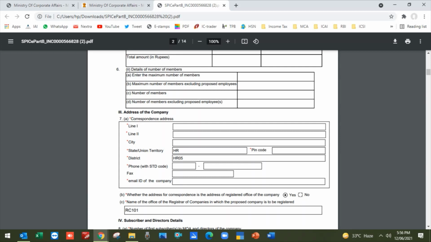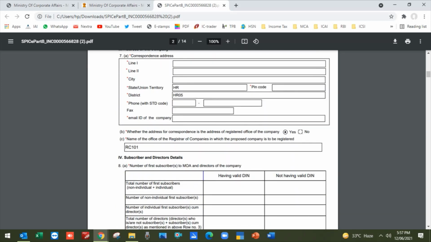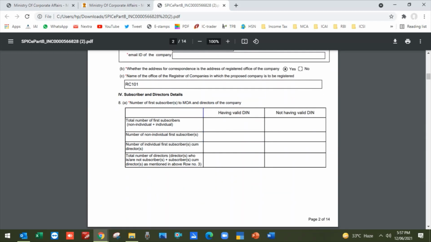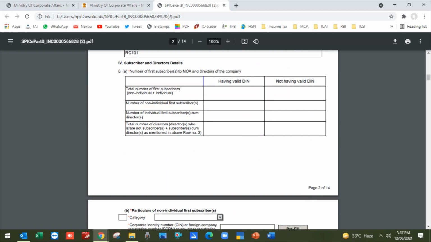Then the corresponding address. For the corresponding address, you should have a utility bill not older than 2 months, and a rent agreement if it is rented, along with the NOC, the non-objection certificate from the owner, and rent receipts. Then the ROC depends on your company's office jurisdiction. Then DIN, the director identification number.